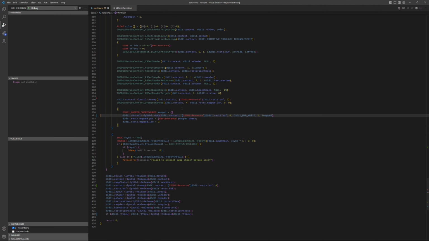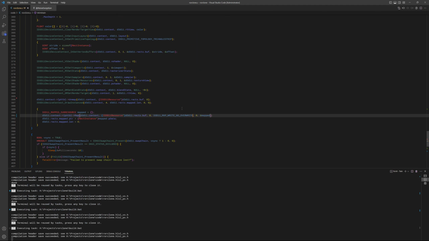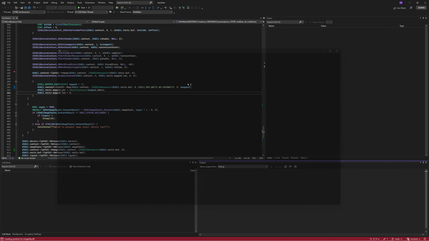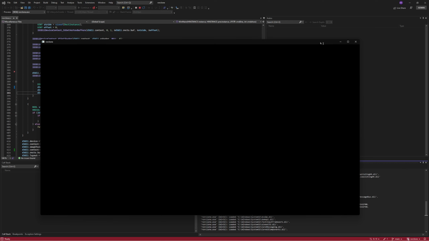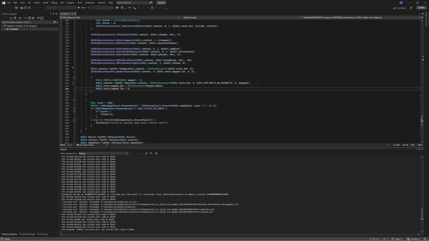Map write no override, I guess. Okay, well, I did something. Okay, and